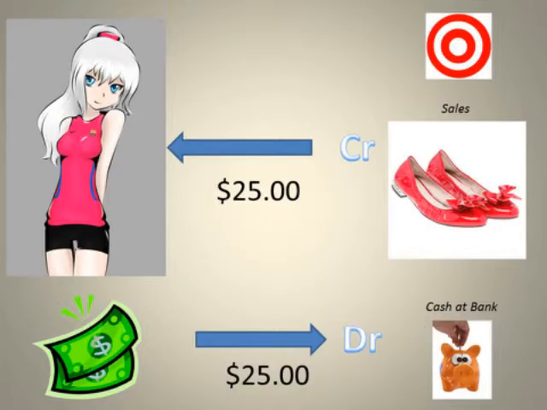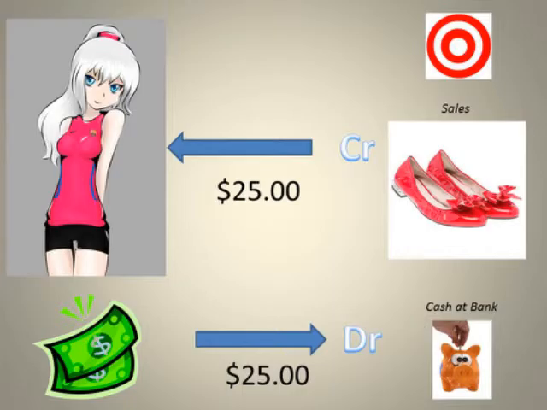And both the value of what you've given and the value of what you've received has been identical. Now from the merchant's viewpoint, they have given you trading stock to the value of $25 and they call that a sale. So they've made a sale to the value of $25, which is a credit.